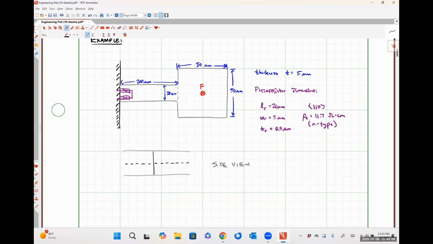So whenever our beam is deflecting downward, we should see that the top half of the beam is in tensile stress, and the bottom half of the beam is in compression, right? We've already talked about this. And so it would have a profile kind of like this, right? Where the closer we are to the surface, the more stress and strain